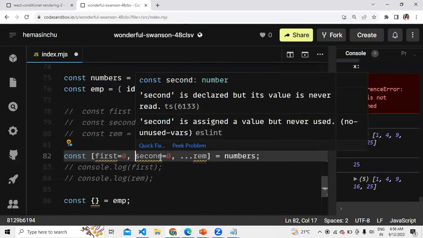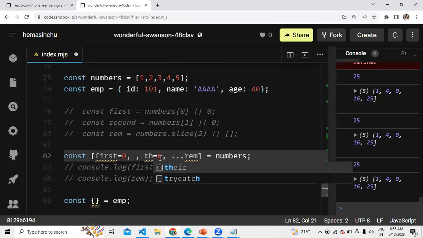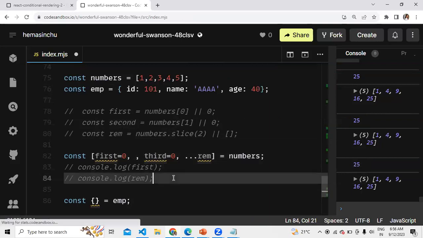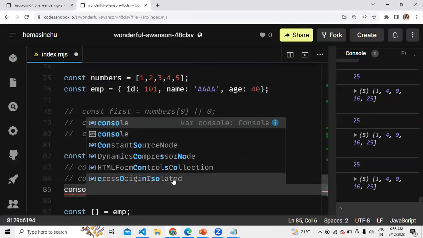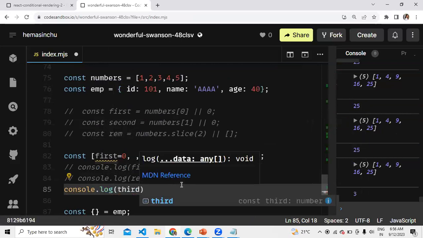What if you want the third value? You don't want the second, you want to skip one value. You can simply add a comma here, then you get the third value. See, you got 3.